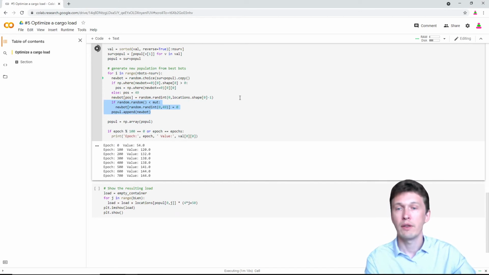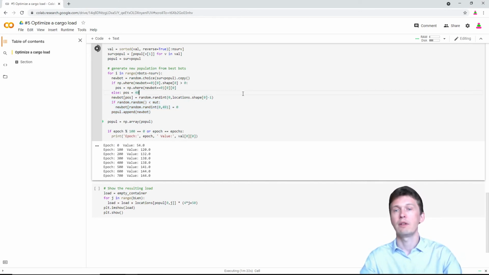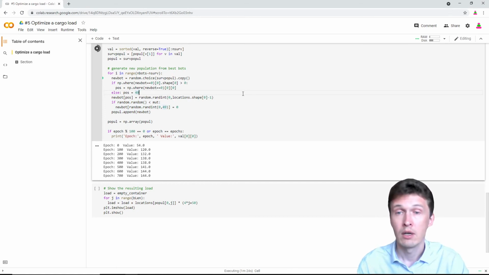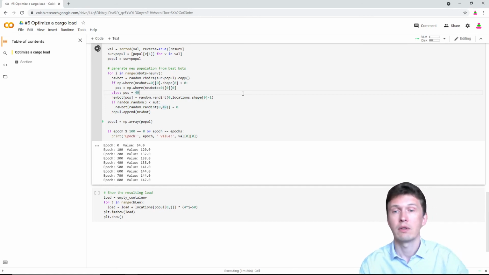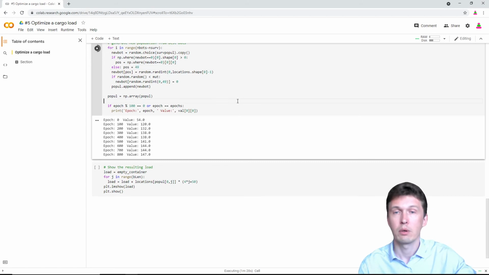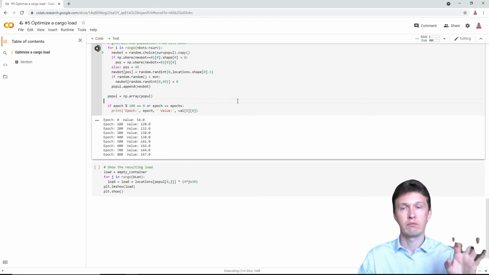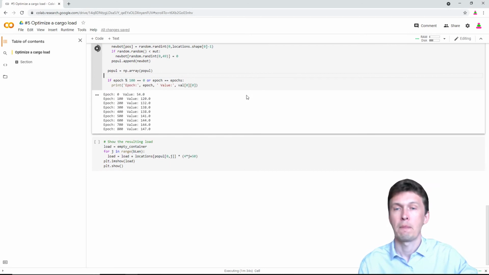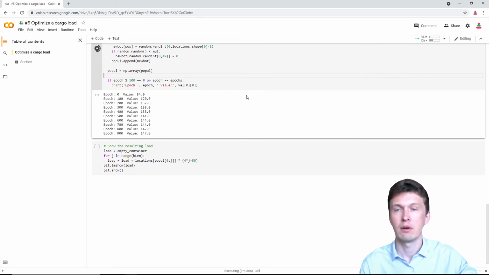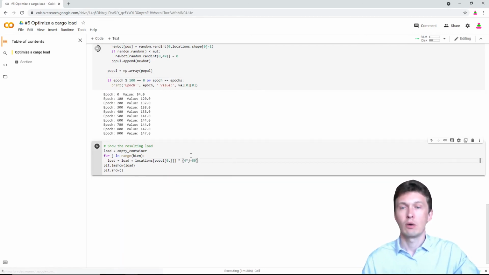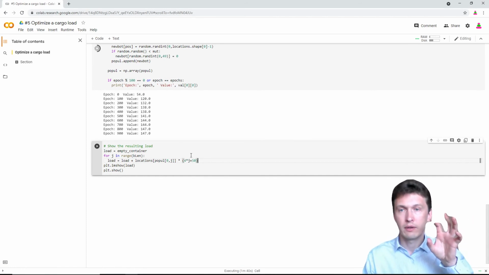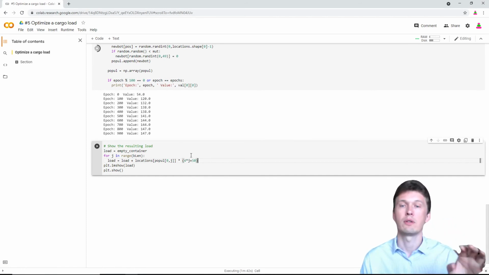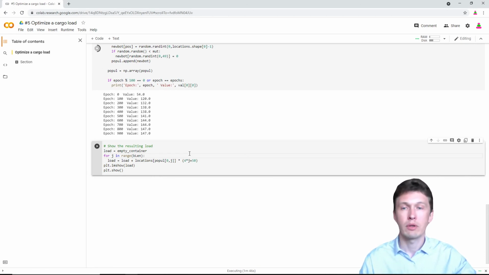So you can see that by 700 epochs we have a fill up where only 6 units are unfilled, now 3 are unfilled, so we're nearing a full fill up, 100%. Let's hope for this. Oh no. So we have 3 unfilled units, and let's see visually how we filled up our container.